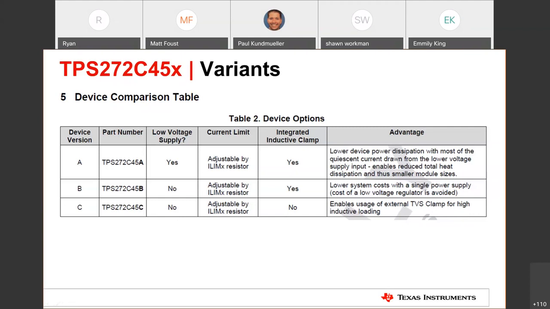The removal of the clamp helps to ensure that the device can handle larger inductive loads by using an external TVS to provide the protection from inductive load kickback.